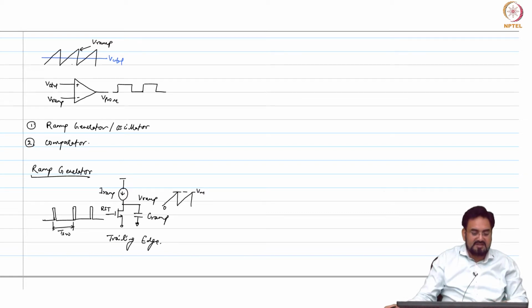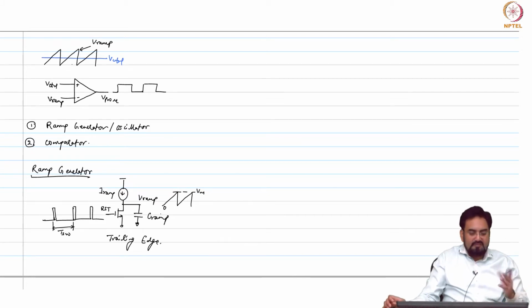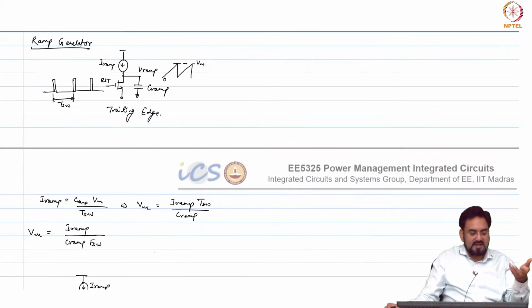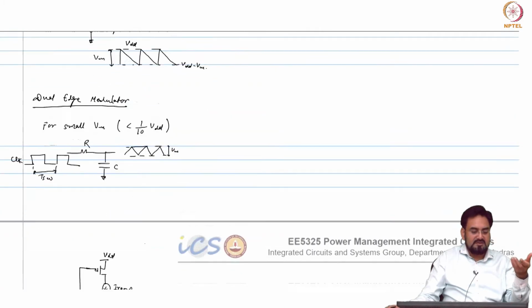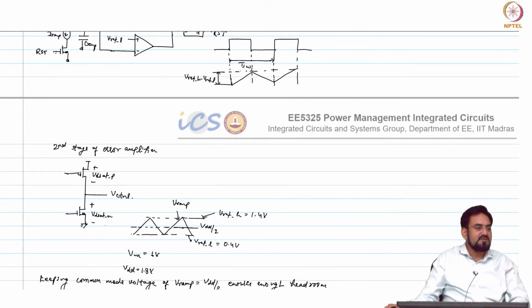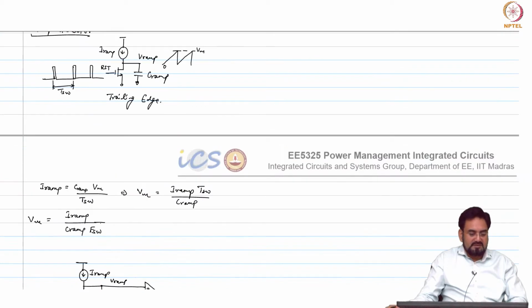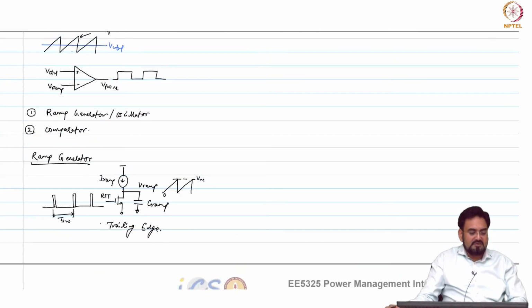If you take the case of this, you cannot operate at lower duty cycle. Let us say the moment it goes below 10% or so, and if my VM is 1 volt, then that control voltage will drop to 100 millivolt. So, at 100 millivolt or lower voltage, I cannot ensure that this NMOS will remain in saturation and my error amplifier gain will drop. So, how do we fix that?